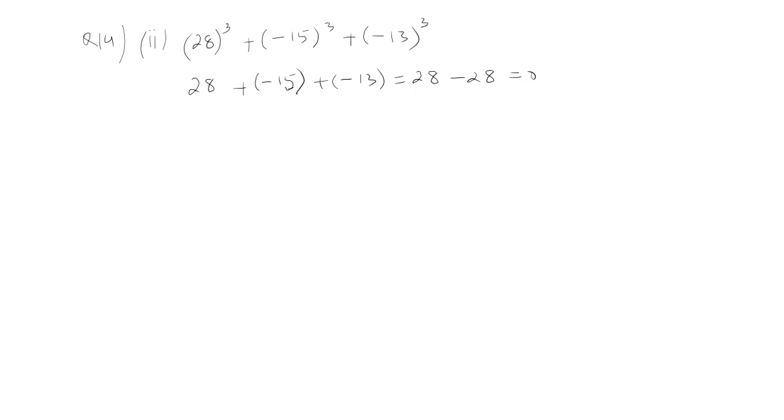So we have a rule that if A plus B plus C becomes 0, any three numbers whose sum is 0, then their cubes, that is A cube plus B cube plus C cube, should be equal to 3ABC. So this is acting as A, this is acting as B, this is acting as C. So A cube, B cube, C cube is done. So it should be 3ABC now. So we'll write